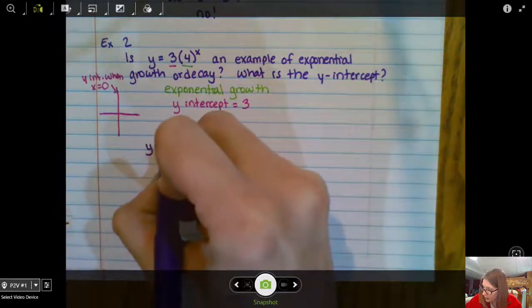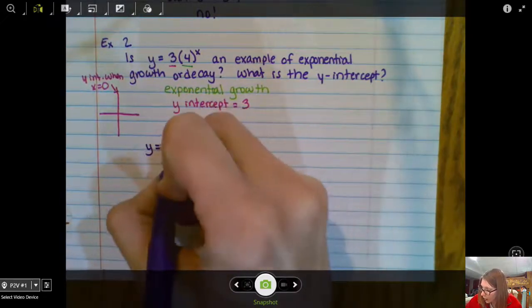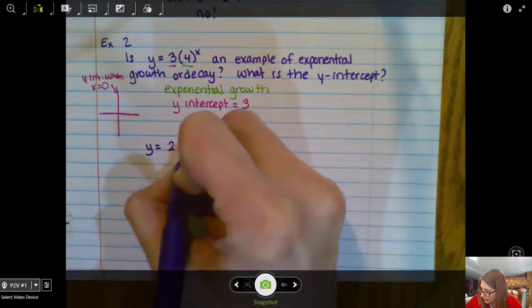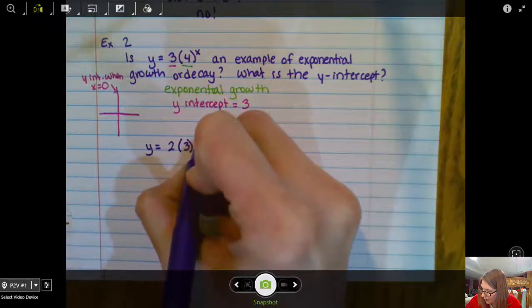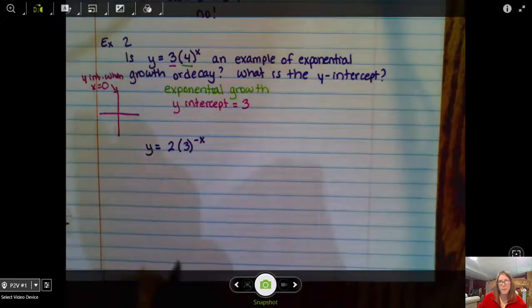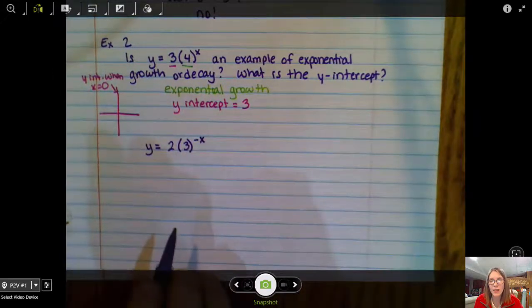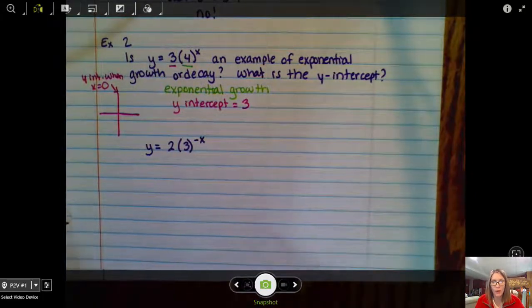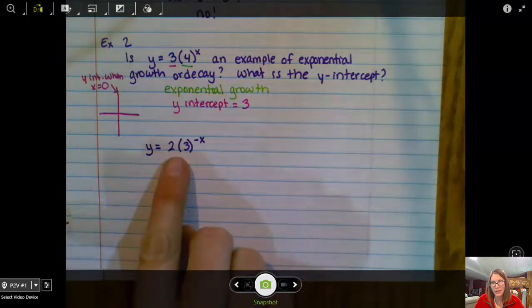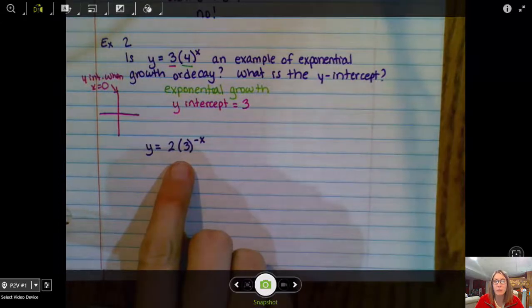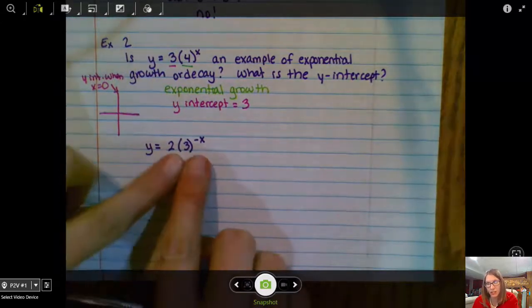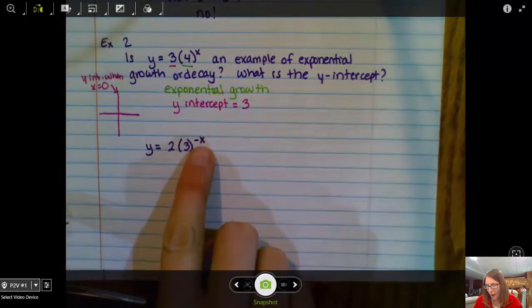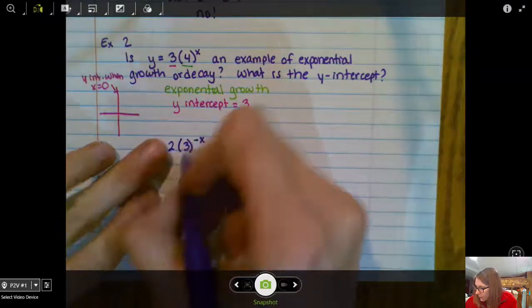A similar equation. Let's look at the equation y equals 2 times 3 to the negative x power. Same questions. Is this exponential growth or decay? And then what's the y-intercept? Well, one thing we have to be careful with here is this does not match up with our general form for exponential functions, because this isn't in the form a times b to the x, since I have this negative x power. So what I really want to do